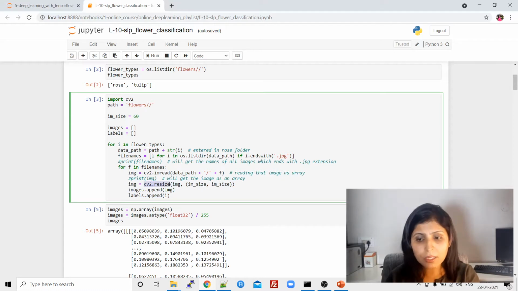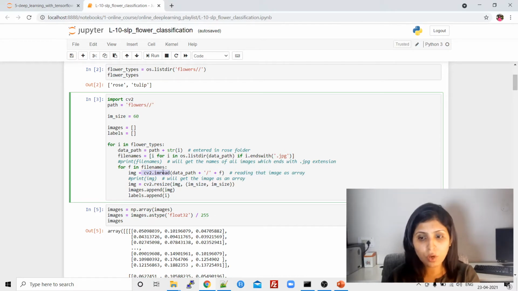There is one method with the name of resize in CV2. We have imported the CV2 module over here. So from the CV2 module, we are using a resize method, and what do we want to resize? We want to resize this image. Which image? The one present in the img variable. What is present in the img variable? We are reading an image. imread is another method to read an image.